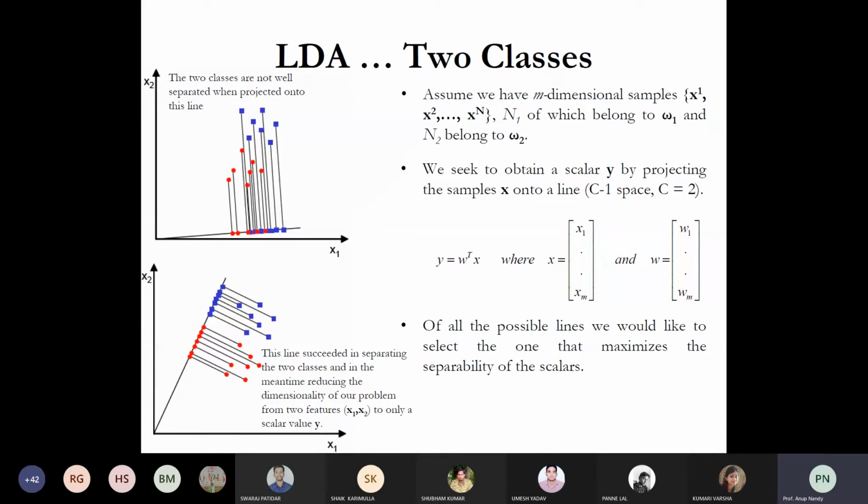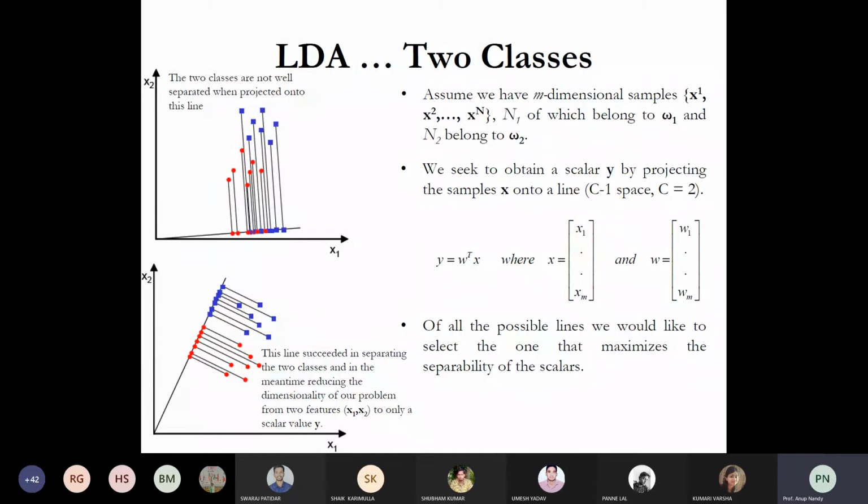Okay, and also it takes into consideration the scatter. Here we will be using the term scatter, meaning variability. Scatter means variability, or you can say the variance. Now there are two types of scatter: one is called the within class scatter, another is called the between class scatter. Your job is to maximize the between class scatter, which means more class separability, and there is the within class scatter, which you have to minimize. That is the job that you need to find out.